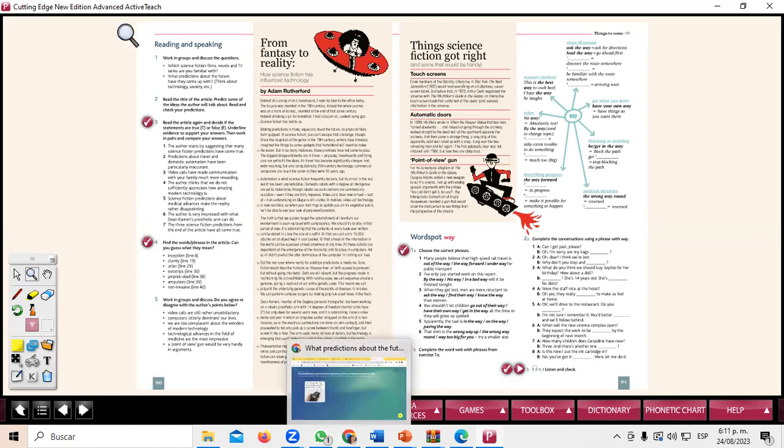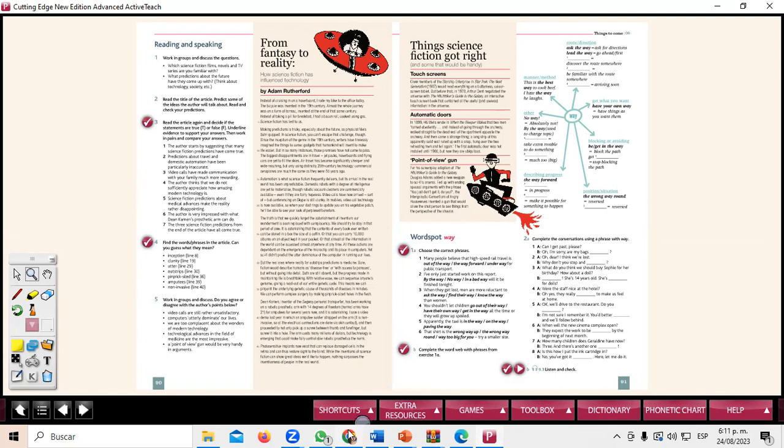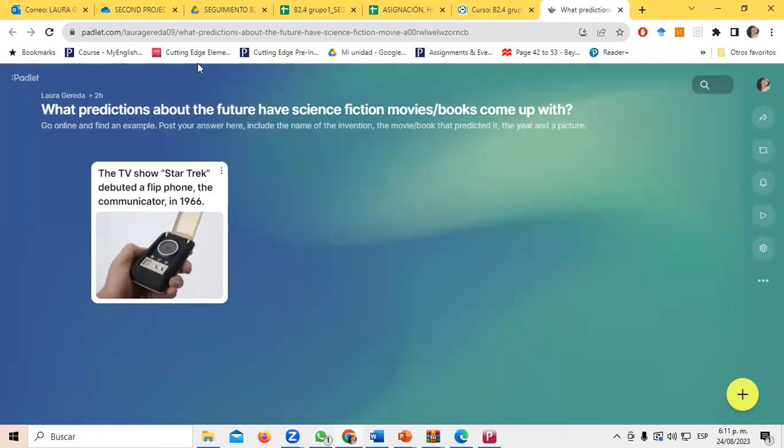So I want to start with a question here in the Padlet. The question is, what predictions about the future have science fiction movies or books come up with or created? It can be technology, education, any prediction that you have seen or heard of in a movie or in a science fiction book. Okay, if you don't know any examples off the top of your head, you can go online